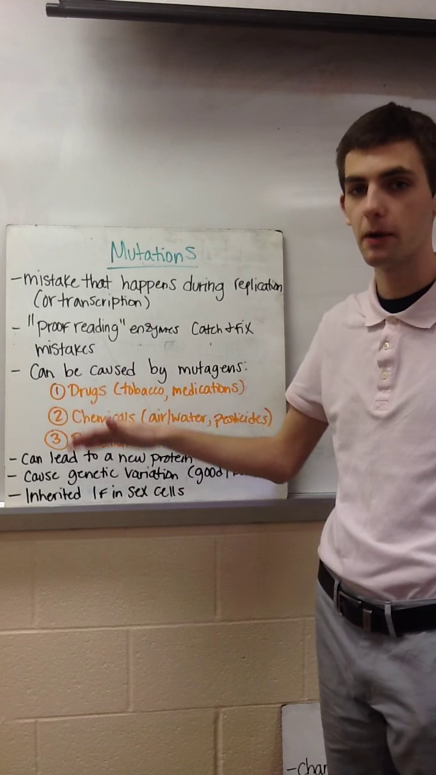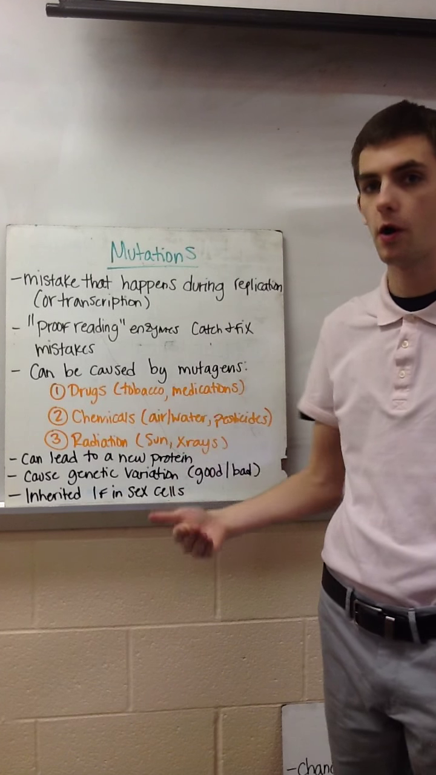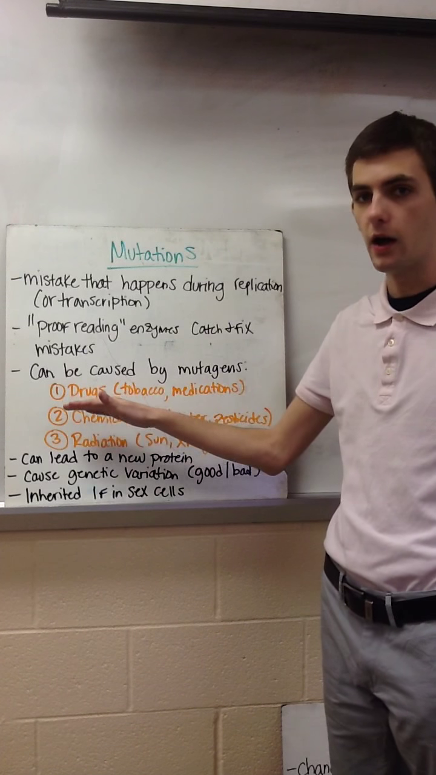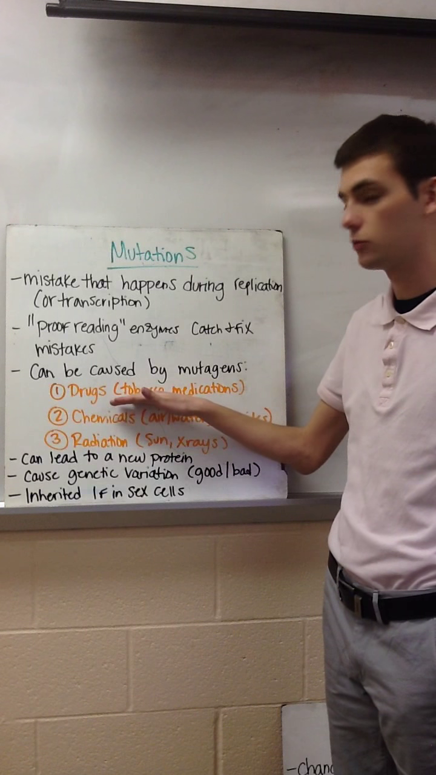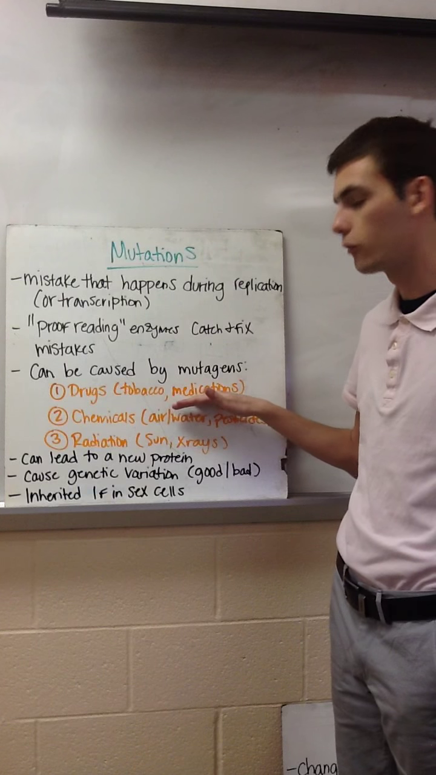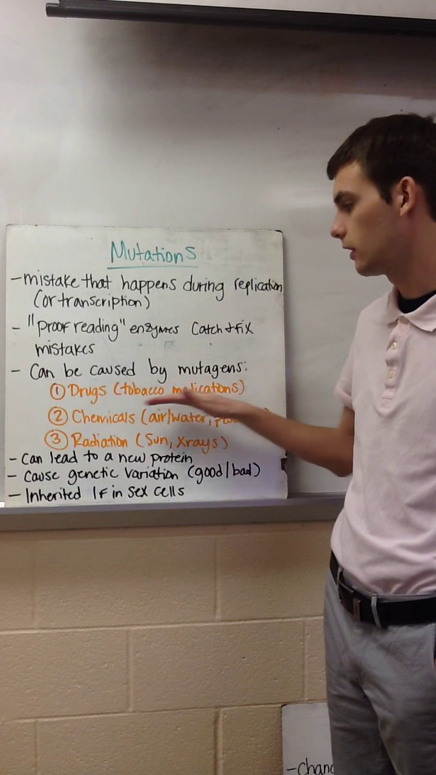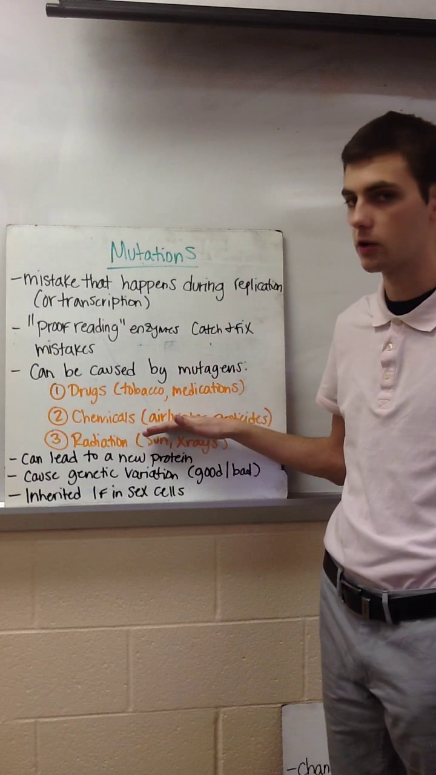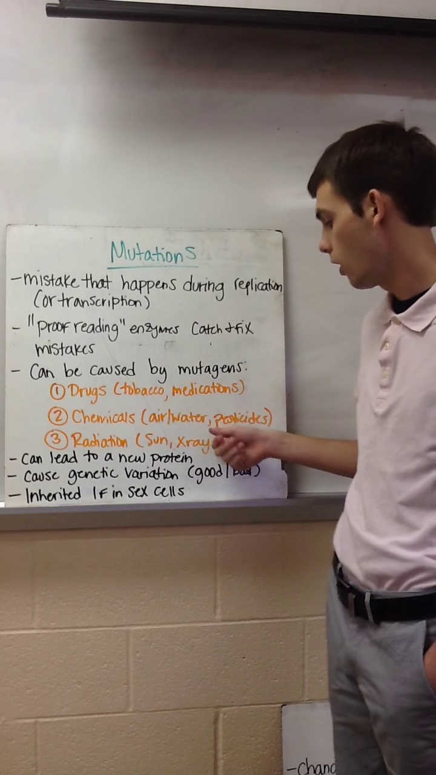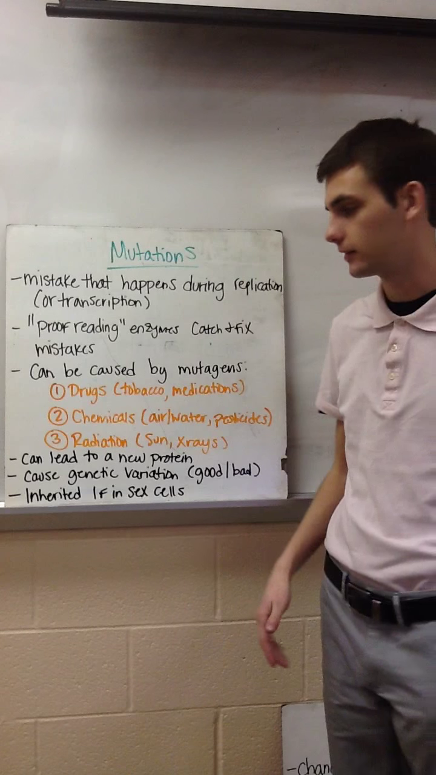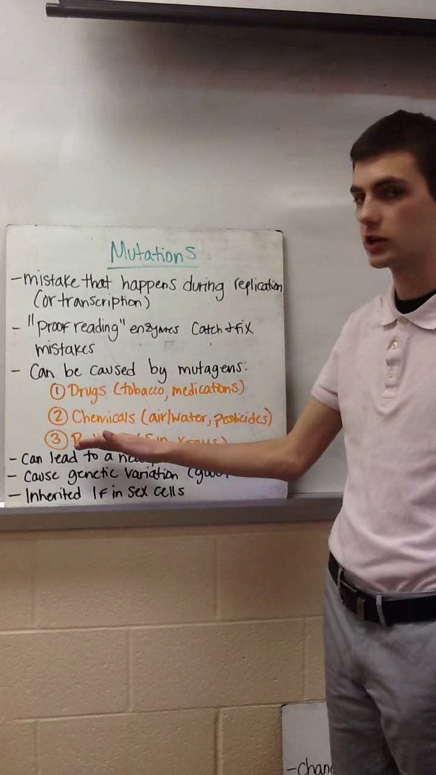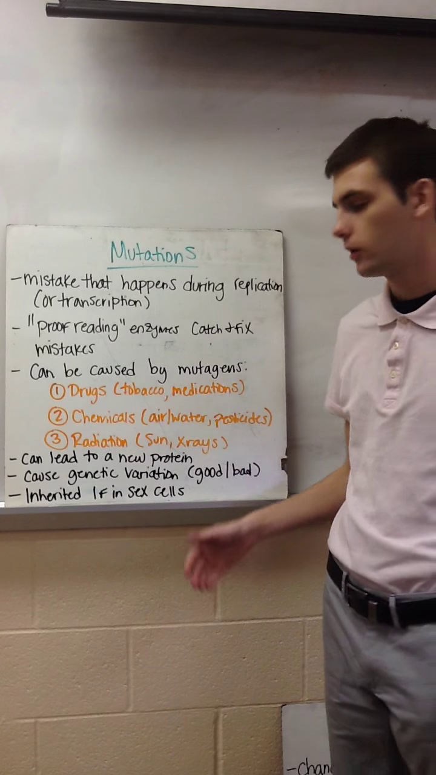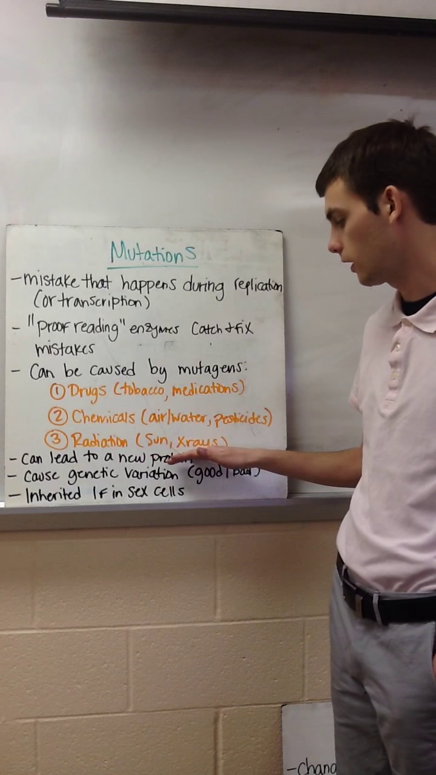Mutations are caused by mutagens, and a mutagen is anything that causes a mutation. Some examples of mutagens would be drugs, for example, taking in too much tobacco, over-medicating on prescription drugs. Chemicals are also a mutagen, which can be caused by air or water pollution, also overusing pesticides. And radiation can also cause mutations, so overexposure to the sun can damage the cells in your skin, also overexposure